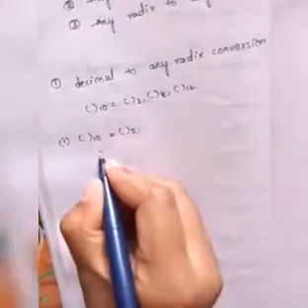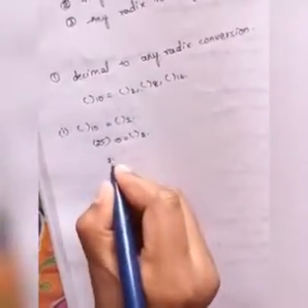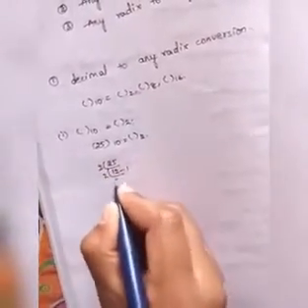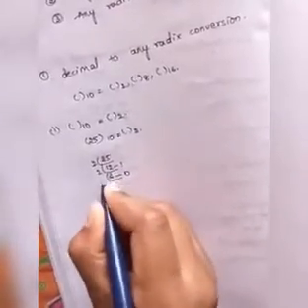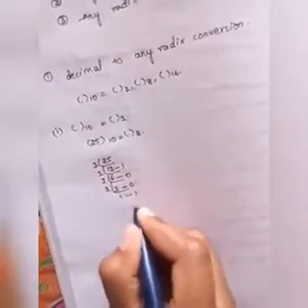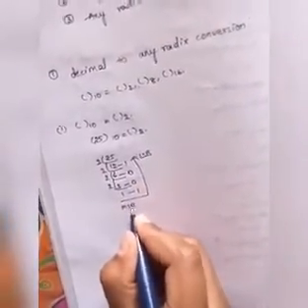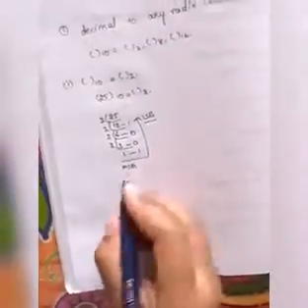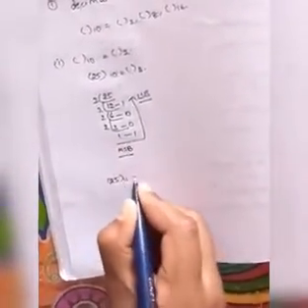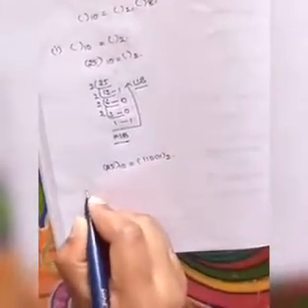So if we take the example 25 to the base 10, I have to convert it into the binary. So divide 25 with respect to 2. 2 12s are 24, the remainder is 1. 2 6s are 12, the remainder is 0. 2 3s are 6, remainder is 0. 2 1s are 2, the remainder is 1. This one is the LSB bit and this one is the MSB bit. Here LSB stands for least significant bit and MSB stands for most significant bit. So 25 to the base 10 is converted into binary as 11001 to the base 2,